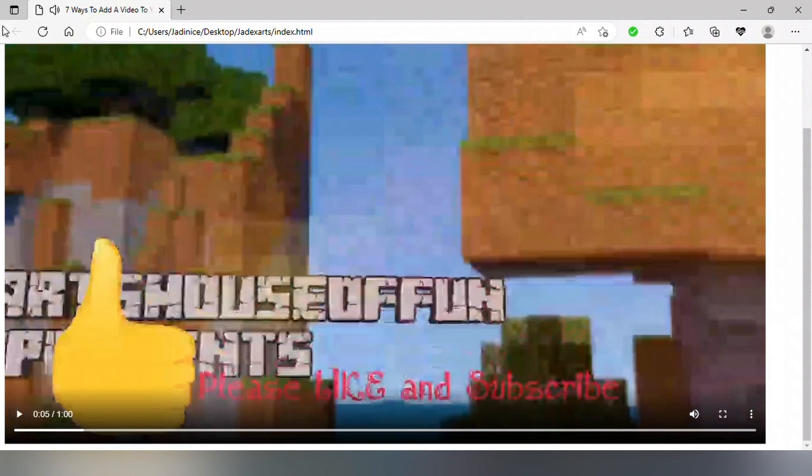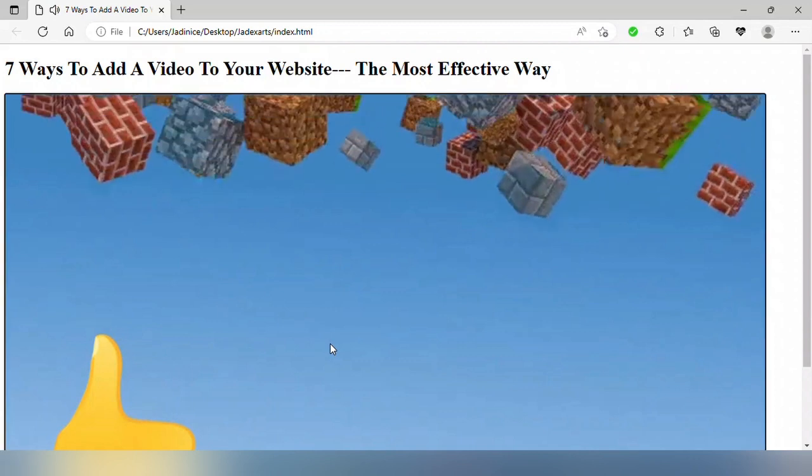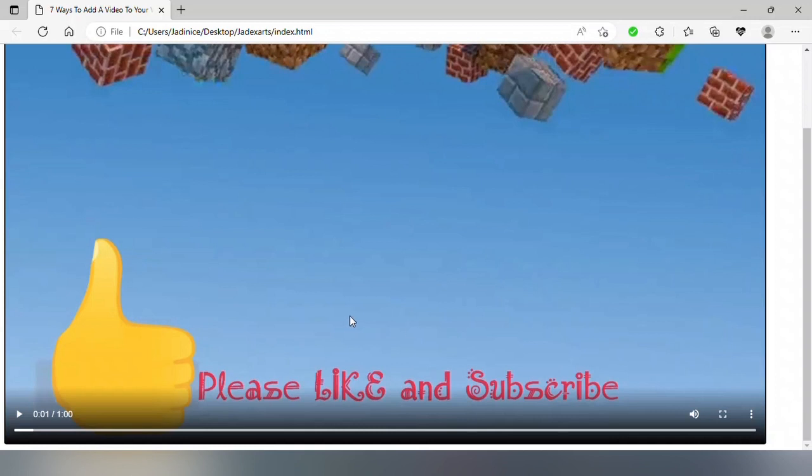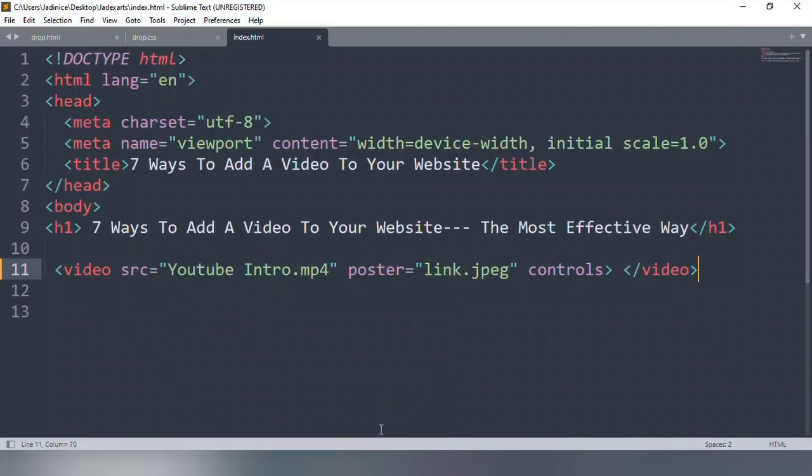Okay, so there. Now you've seen how to add a poster to your website, and it's a very effective way. You can use it for a blog website, a restaurant website, whichever website it is, even a gym website. Like advantages of learning this and that, you can show it. So there, you've seen it. But when we were playing it, you saw that it became kind of huge. The image took up most of the space. Don't worry, in the next video I'm going to show you how to make adjustments to this. But for now, you've learned one basic thing, that is how to add a poster.